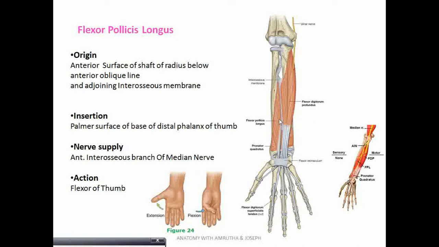So the median nerve gives a branch called the anterior interosseous nerve, which is seen very close to the anterior aspect of the interosseous membrane. Since it is very close to the interosseous membrane anteriorly, it is called the anterior interosseous nerve. It is a branch of the median nerve. So the deeper muscles are usually supplied by the anterior interosseous nerve of the median nerve. Anyway, I'll just list the muscles and nerve supply at the end of it so we can understand better. So right now remember that the anterior interosseous nerve is a branch of the median nerve. Action: flexion of the thumb.